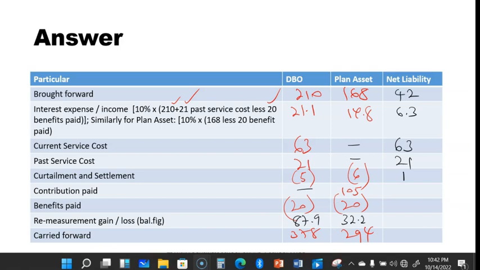So basically we are saying here that the curtailment was 5 million,